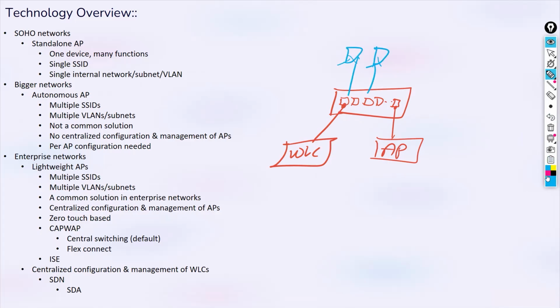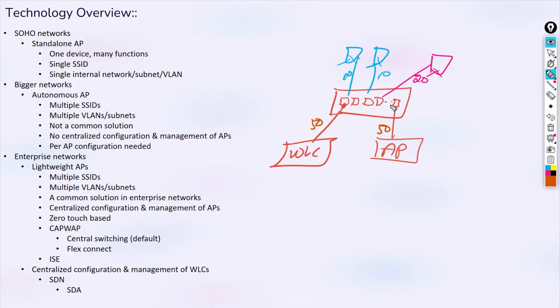And I can also have some marketing devices. Okay. So for sales, let's say I'm using VLAN 10. For marketing, let's say we are using VLAN 20. And let's say for this one, we are using VLAN 50. Okay. All right. So what happens?